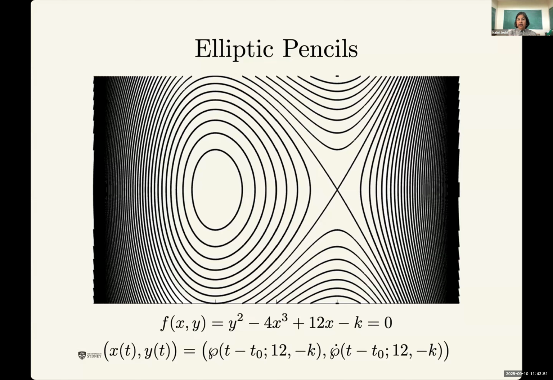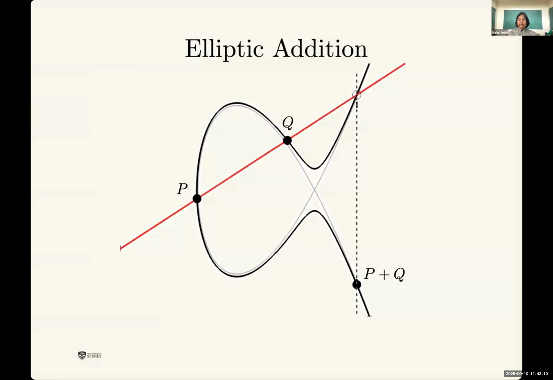Here, the dot means d by dt. So I have such an elliptic pencil, and it turns out that this is what underlies the motion that you see in the nonlinear second-order differential equations called the Painlevé equations. Let me give you a specific example in a moment, but before I get there, let me also remind you